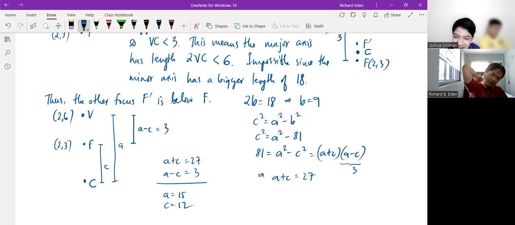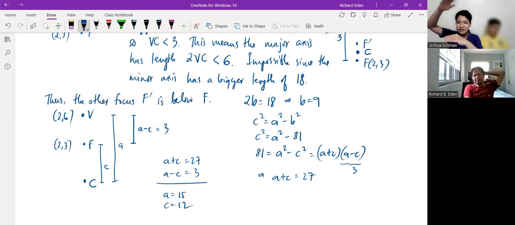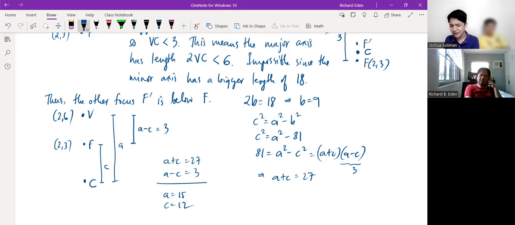And so actually for the equation, what we need are a squared and b squared. But let's not forget, we need to know what the center is. Well, that's easy, because since we can find the major axis, we can then find the radius of the ellipse with respect to the major axis, and then from there we can conclude